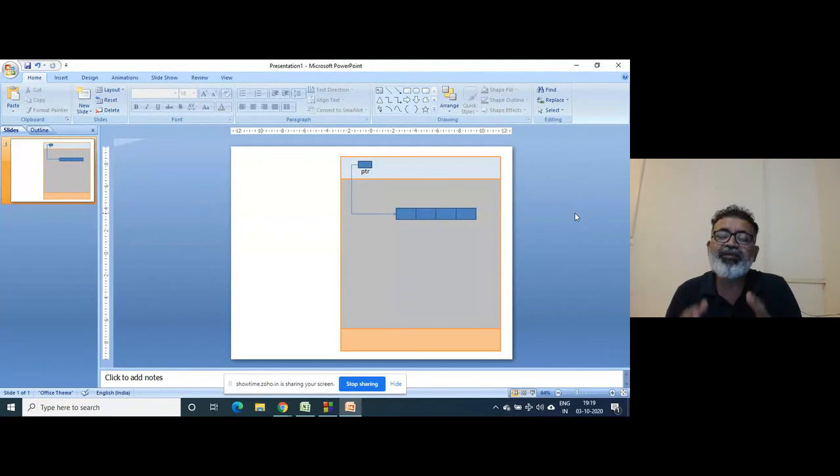Here realloc will help you, because you want more numbers to be extended to this present list. Suppose you want 10 elements, so the other 6 elements you want to add. Obviously you need more memory.